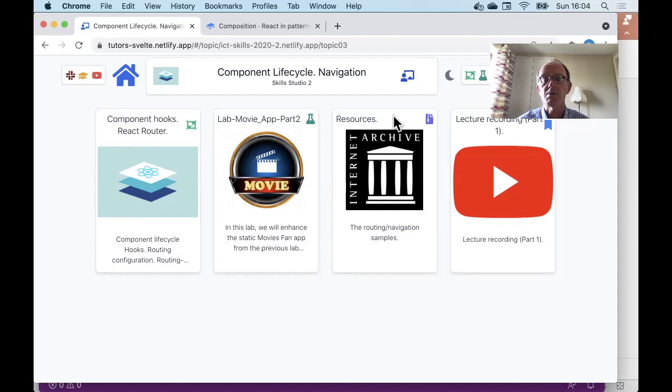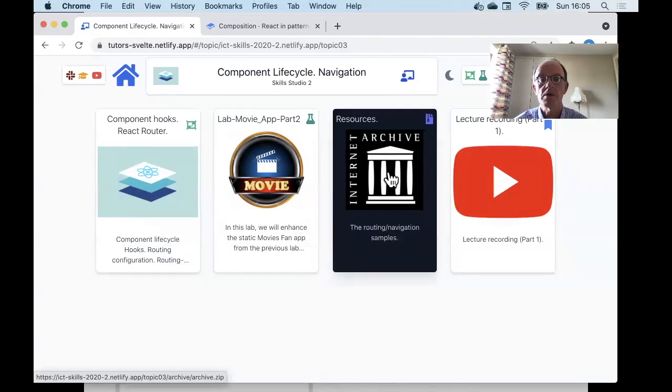Any single page app, whether it be React or otherwise, is more than likely going to have multiple views or pages, and we need to allow the user to navigate between those pages. Now, just be aware, in this week's lecture in the archive, there are 3 subfolders when you unzip it. So just make sure you go down one level to import the relevant subfolder into VS Code based on whatever